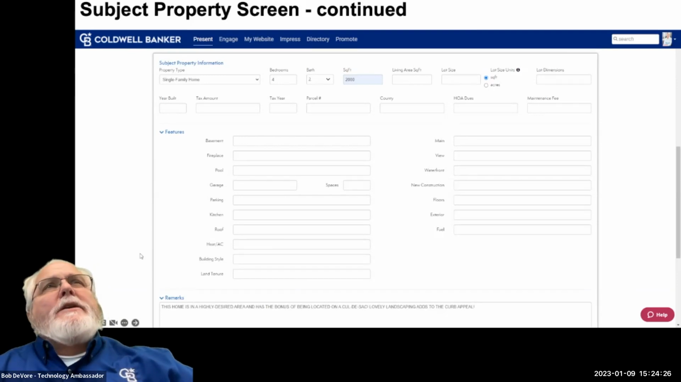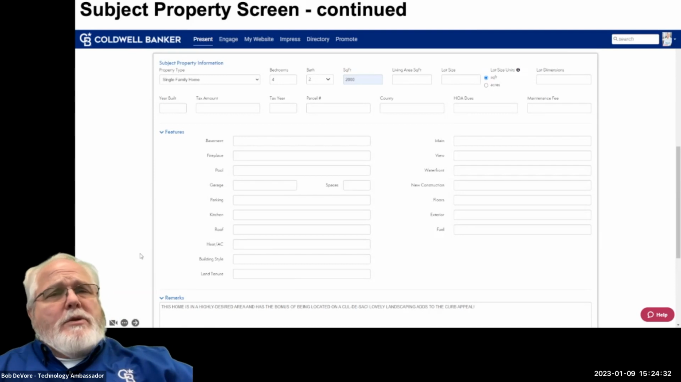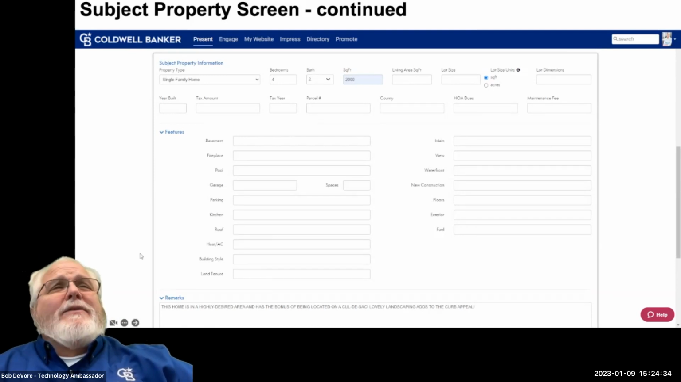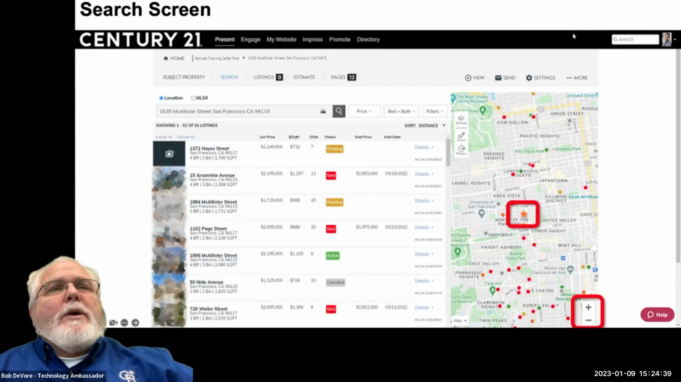I love the agents that take the time when they put images in that actually identify, well, this is the master bedroom. Well, this is the second bedroom. This is the third. I love those agents. Oh, anyways, as we continue on,